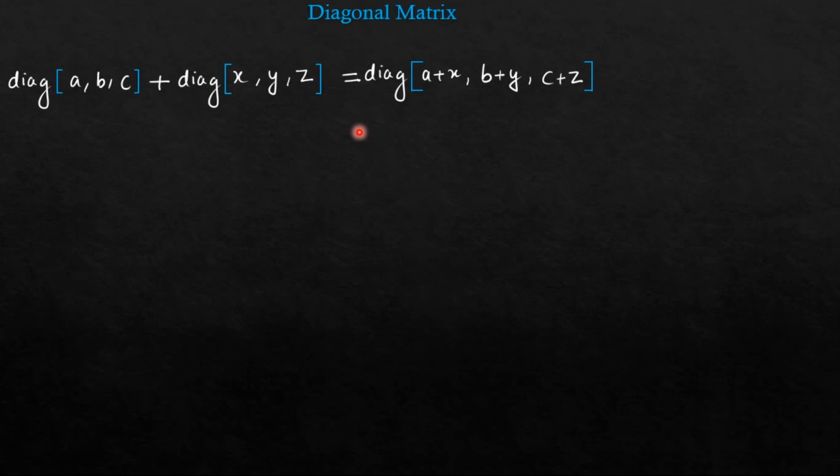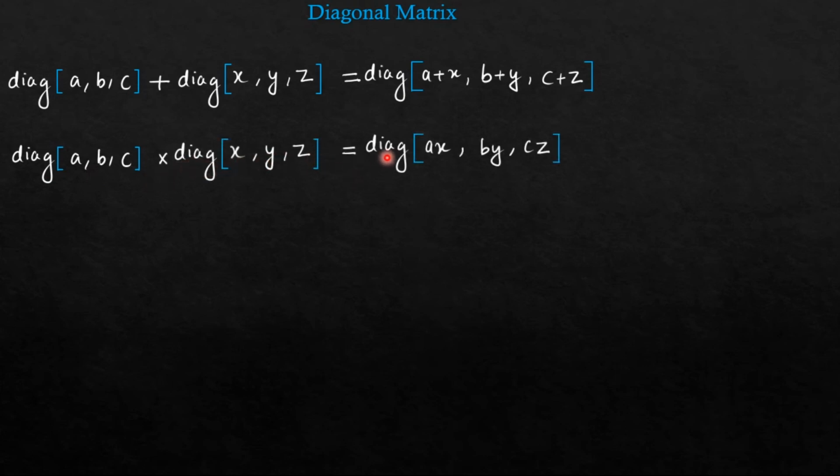But what is new is when you multiply two such matrices. That is, suppose we have matrix 1, diag(A, B, C), multiplied with diag(X, Y, Z). What you will get is diag(A into X, B into Y, C into Z). So we are getting the product of corresponding diagonal elements. Now this is an interesting property because matrix multiplication in itself is not that simple. You have to multiply each row with every column of the other matrix. So it is time consuming and calculation intensive.